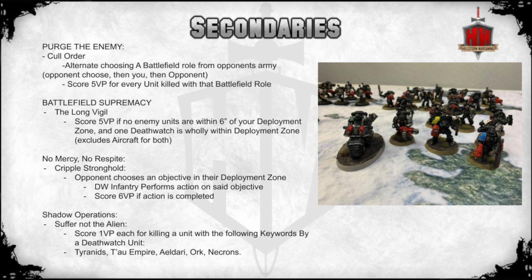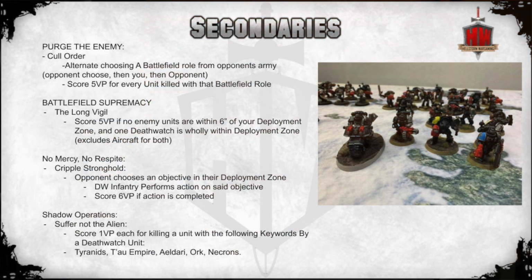It's called Cull Order. So essentially, to do this one, you and your opponent take it in turns choosing battlefield roles that are in your opponent's army. They'll choose one, then you choose one as a Deathwatch player, then they choose another one. And if you kill every unit with the battlefield role chosen, you get 5 VP, which is amazing. If there aren't 3 battlefield roles, you choose as many as possible. So against Imperial Knights, it's going to be pretty terrible, but against most armies, this is a really, really strong